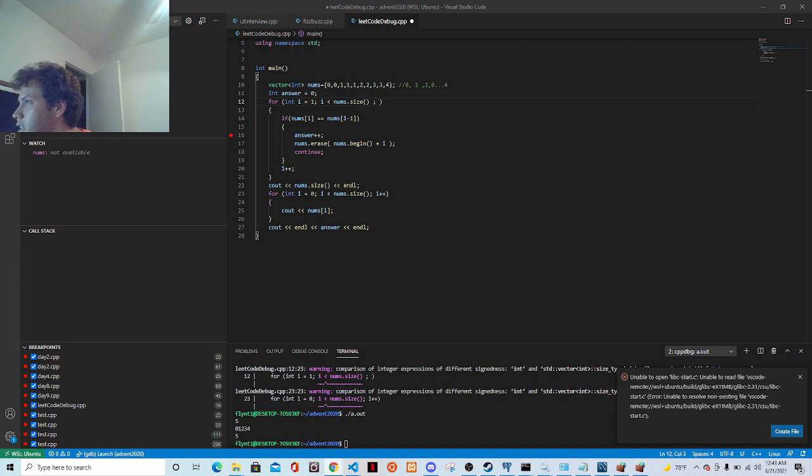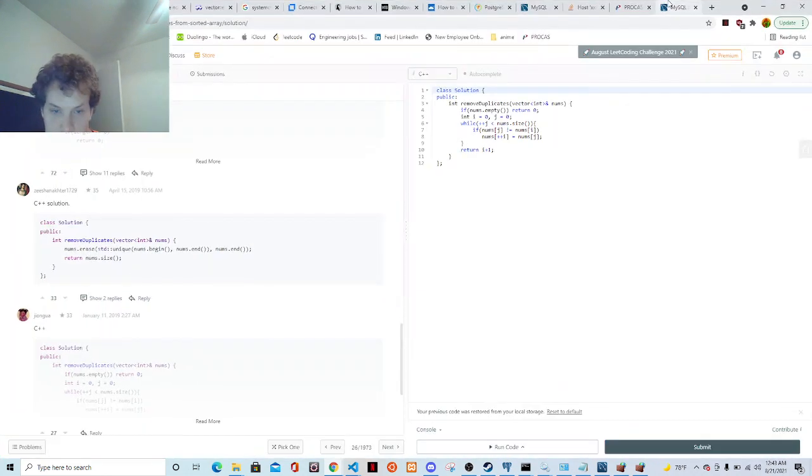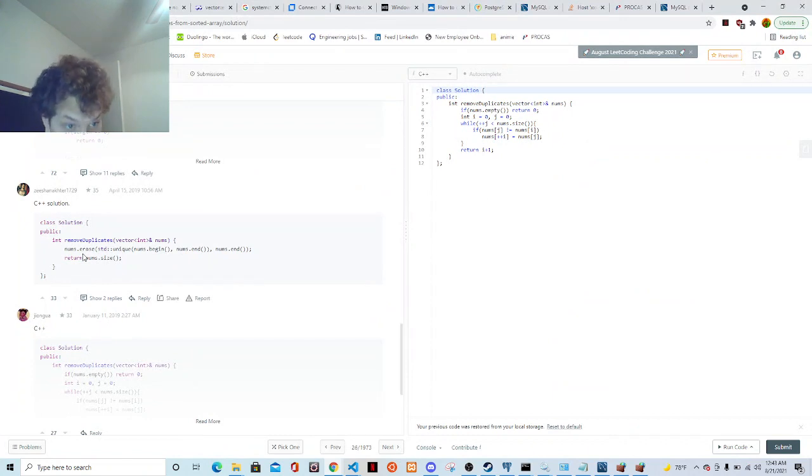I could actually probably just look at it from here because I think enough people do it. Yep, there it is. So this is the solution I was talking about, where he's like, oh, just nums.erase and then just do a unique function call and then go iterate through